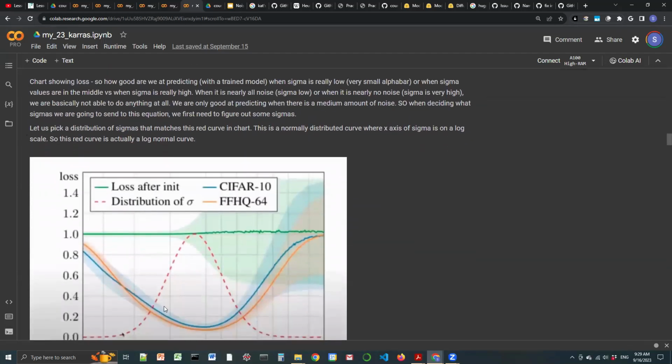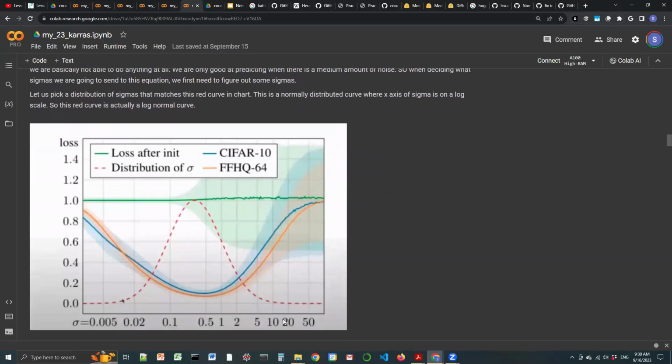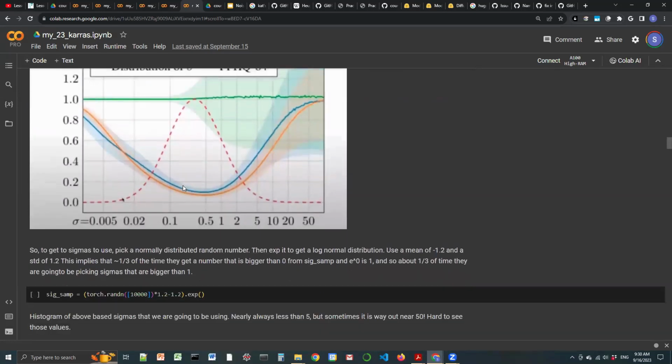So what we do is we choose the values of sigma in this middle range that's from this red graph. But this middle range is basically just a normal distribution, right? Where the x-axis of sigma is a log curve. So this is just a log normal distribution, or a log normal curve. So to get the sigmas that we want to use, just pick a normally distributed random number, which is what